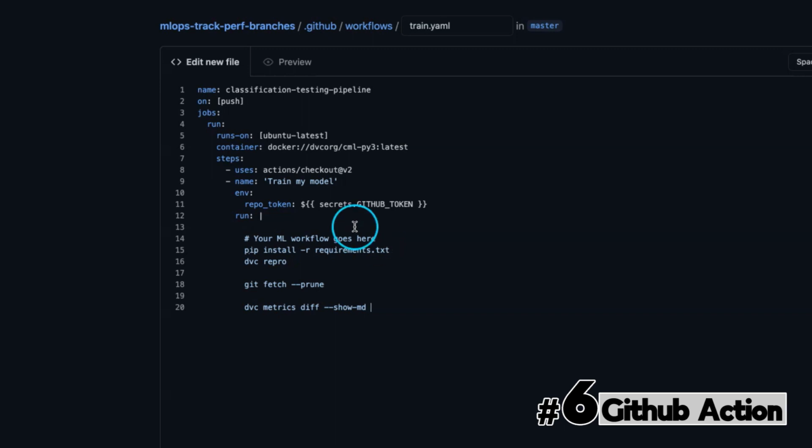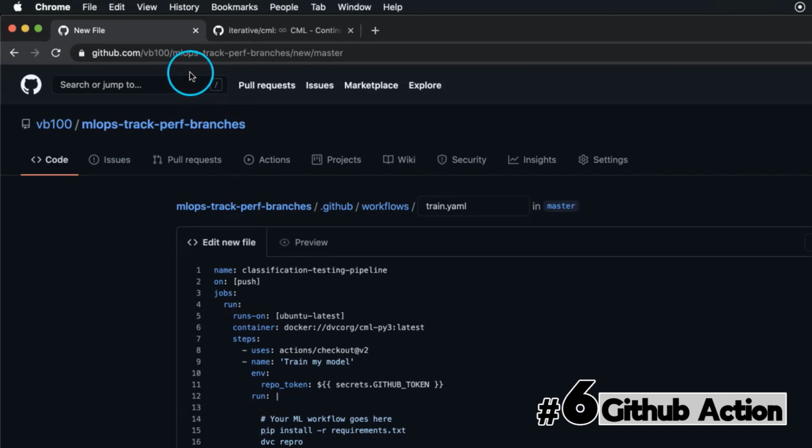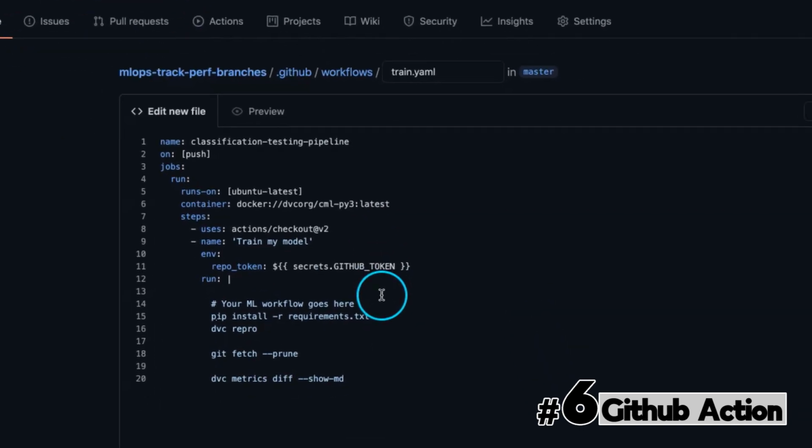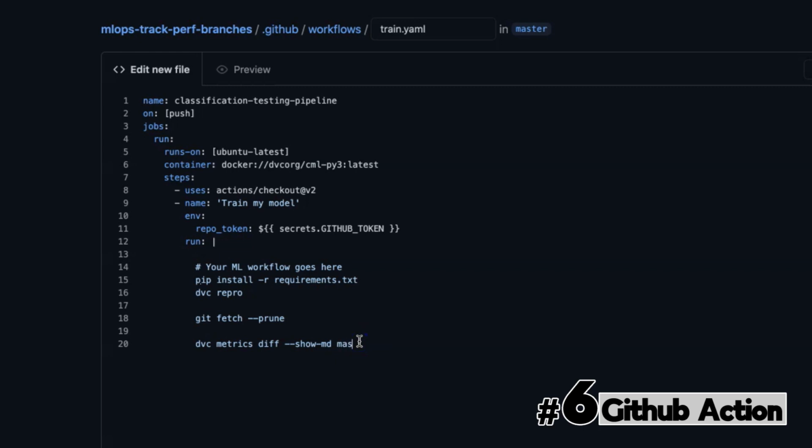Okay, which branch are we on? We are on the master branch. Now we need to define that we will compare metrics based on the master accuracies. So we use the master branch as the base of accuracies, and we write all this stuff in